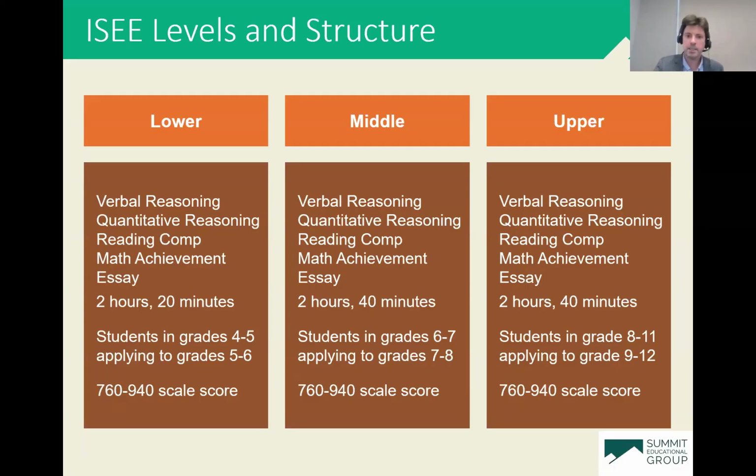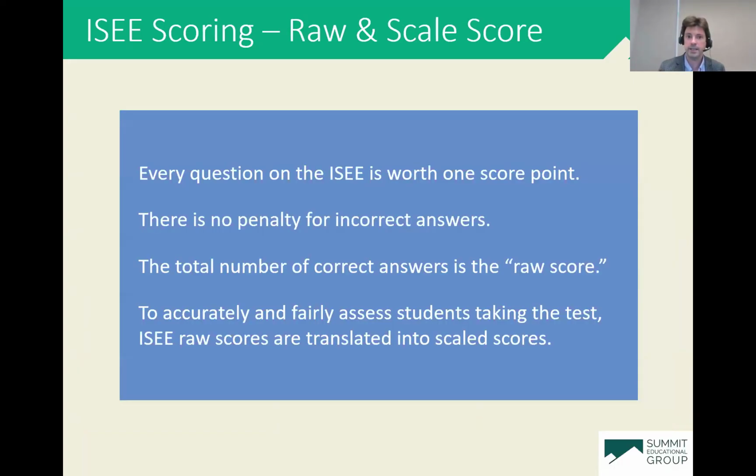There are synonyms, and then there are sentence completions as the second part of the vocabulary on the ISEE. Quantitative reasoning, that's a math section. Math achievement, another math section. Again, reading comprehension, and then again, same thing. There is an essay this time, it's at the end. Also unscored, but admission officers can see that ISEE essay if they would like to see that writing sample.